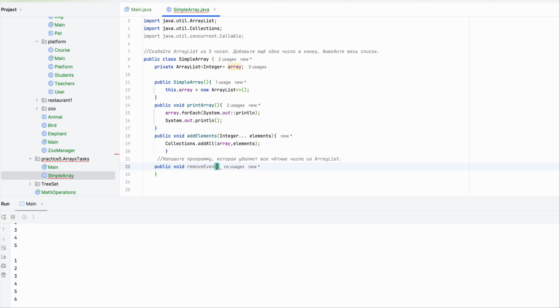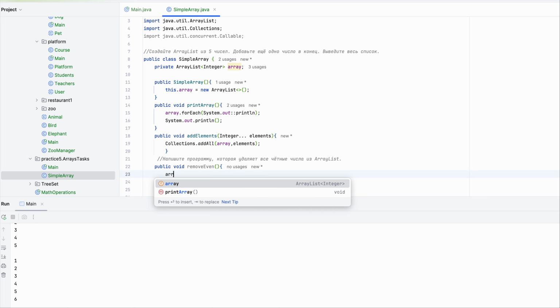Actually, I don't know why I do everything public. I think package will be more than enough here. removeEven, and we don't need any arguments because it's a method of the object, and our object includes an array, and array